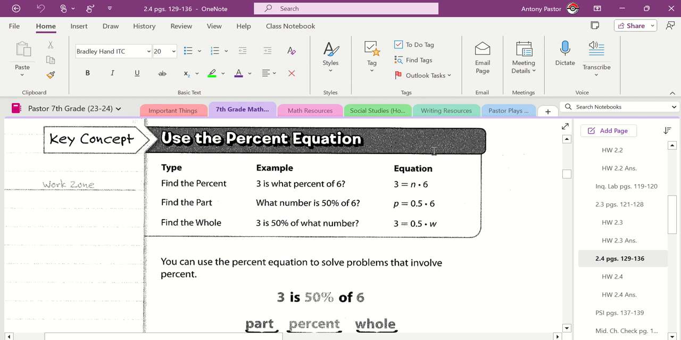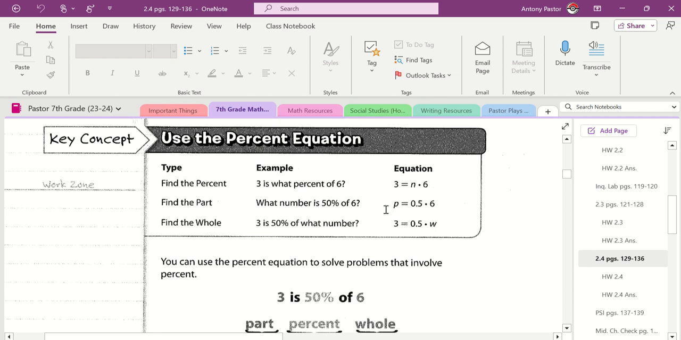So here are the notes that need to be in our notebook. The type. So if we find the percent, the example here is 3 is what percent of 6? 3 is the part, 6 is the whole, so part equals percent times whole. 3 equals n times 6, as we're trying to find the percent. The next question, what number is 50% of 6? 6 is the whole, 50 is the percent. We're missing the part. So p will equal